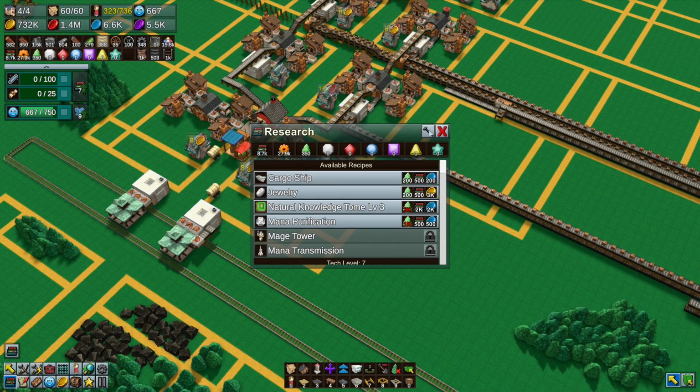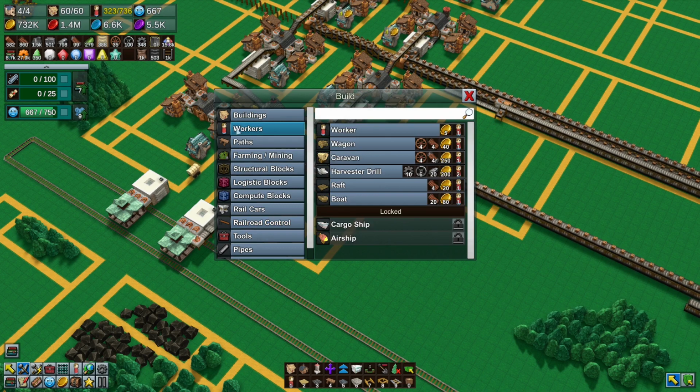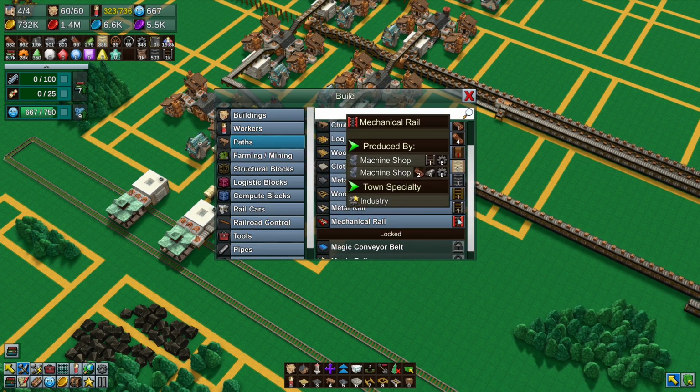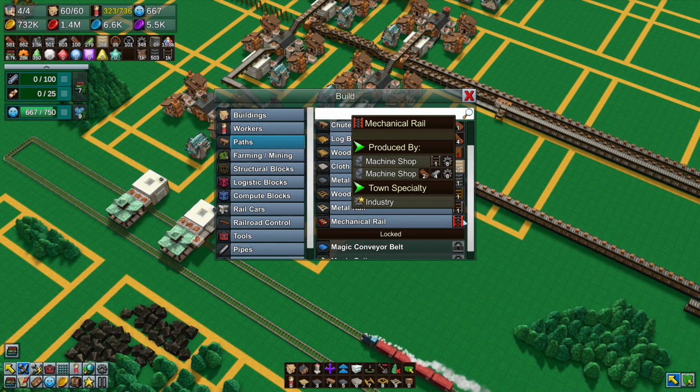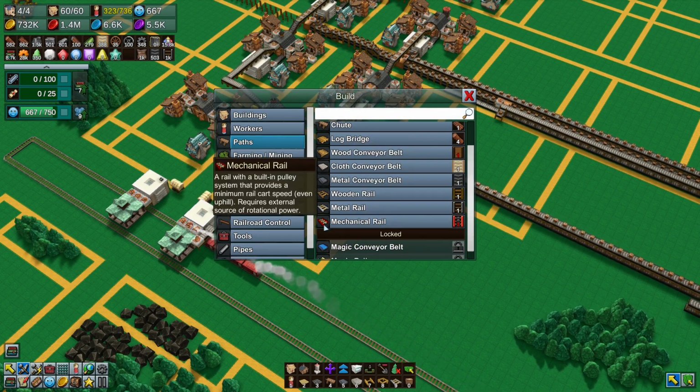Not because they're bad, but because I have no use case for them. I should show you. Well, I can't show you what to do because we haven't built any. We might need to build some for something. It might be used in something, probably. But mechanical rails are...